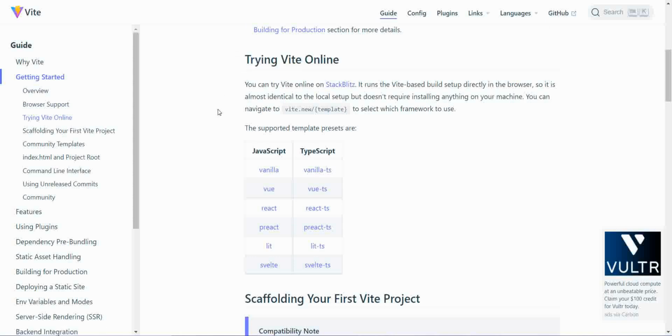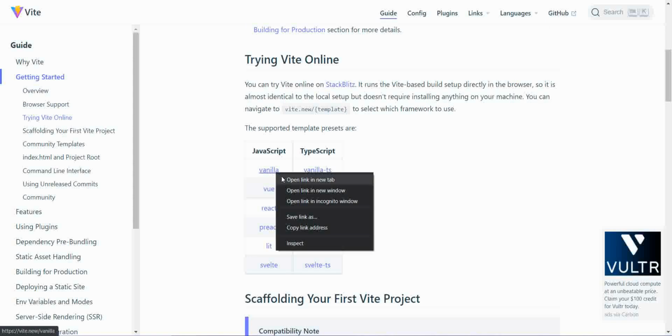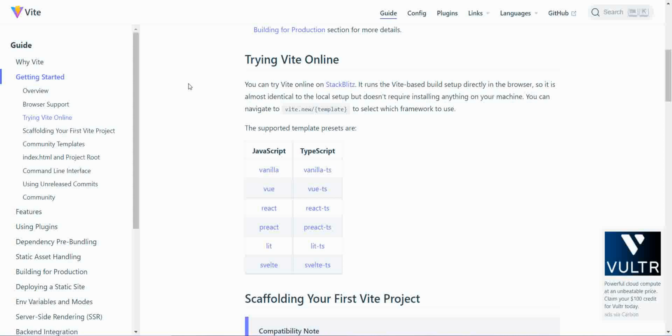So it's on the browser. There's no need to install any or run the command. So let's start with vanilla. I want to see how it looks like to use vanilla Vite without installing